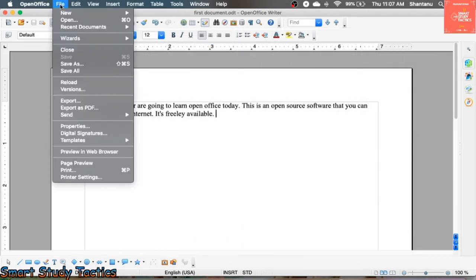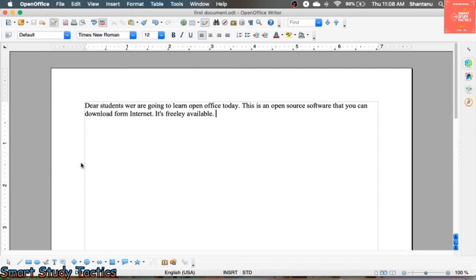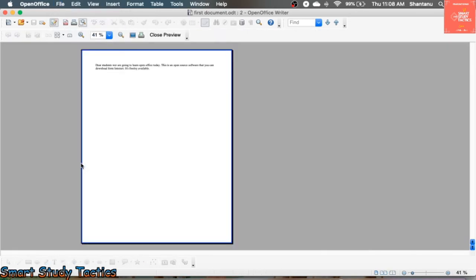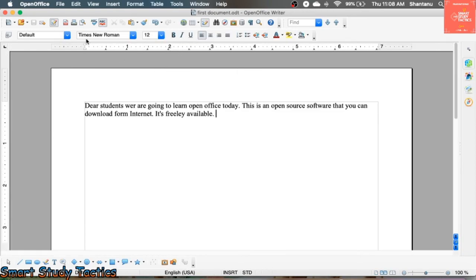Now the next option, page preview. Page preview means before printing, if you want to see how the document is going to appear, you click on Page Preview. Okay, so this is the page preview. It is going to look like this. This much indent space will come, this top space will come. Whenever you make changes or want to take a printout, it will show you what changes are needed and where you have to do the correction. If not needed, you can go directly to the print option. If you want to go back, click on Close Preview. Make sure you remember this option, Close Preview.